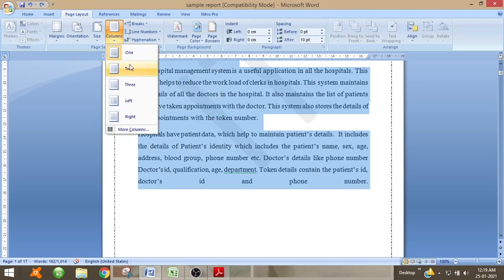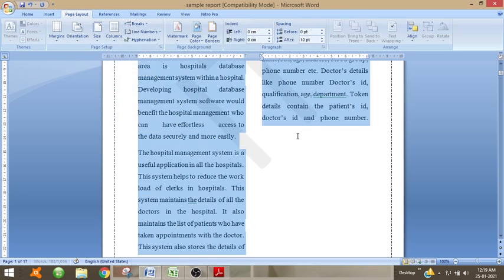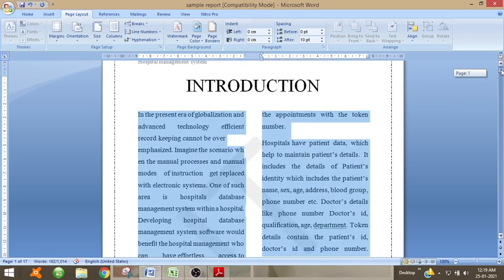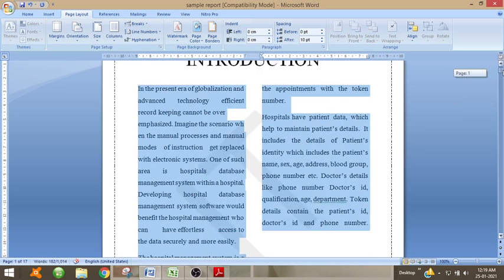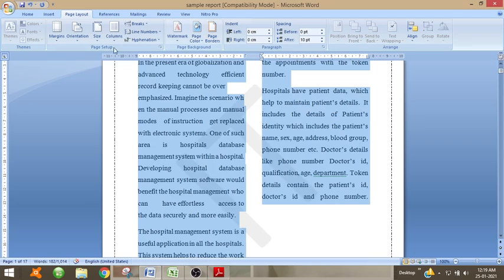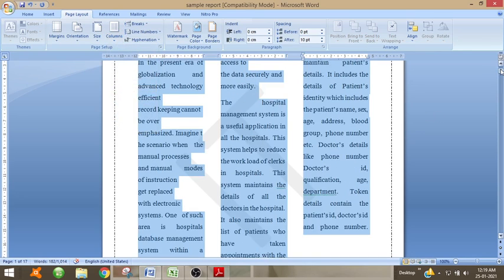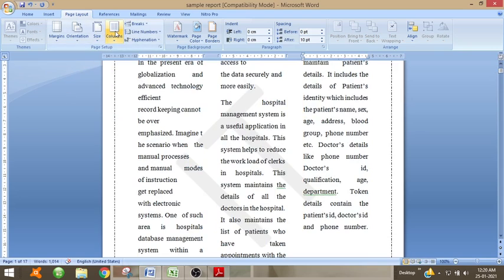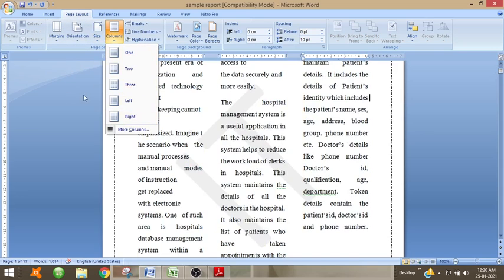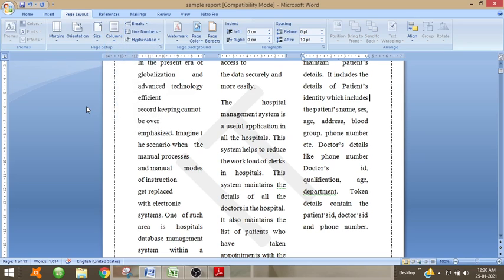So go to columns, then if you click on two columns, the page will be divided into two columns. Likewise, if you click on three columns, it will be divided into three columns. So likewise, you can select any of the formats available and you can also divide the paragraph into multiple columns.